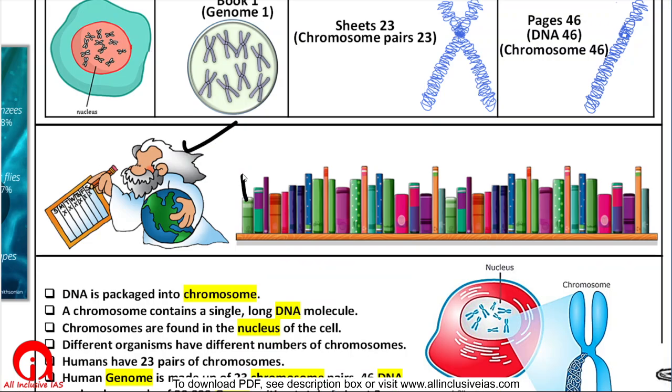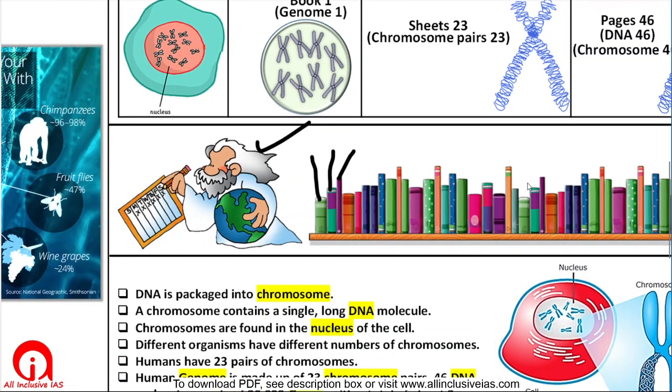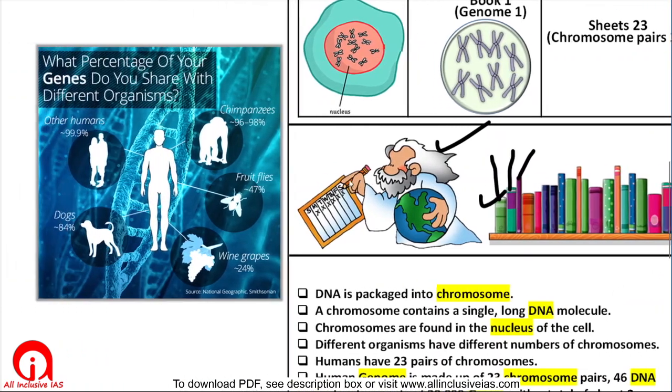So this book in God's library of species, this book is on humans, this book is on chimpanzee, this book is on dog. So every book has the genome of a particular species, right? In this whole library, this is the whole life form. Now obviously all books are not exactly unique. There would be many sentences which would be similar, right? As a whole the books are unique, but many sentences will be similar, so many genes are similar.